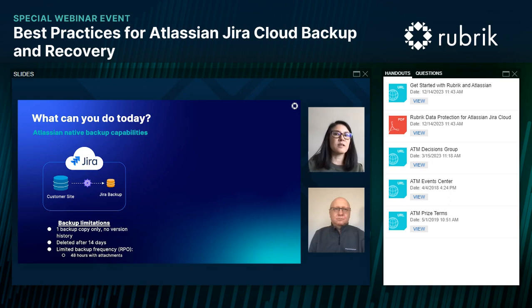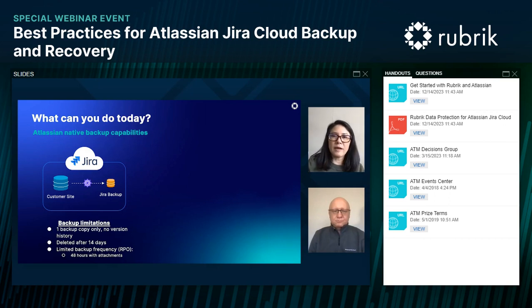Customers first need to remember to go generate that backup. And they are only allowed to have one backup copy at a time. There is no version history, so every time you generate a new backup, it overwrites the prior one.